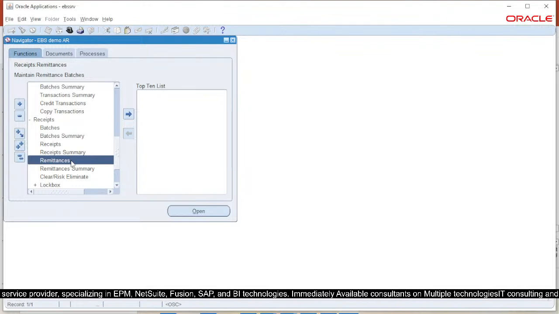So I have just shown you how you can perform a remittance. It is very easy. You need to have a receipt class and method. If you have no remittance receipt class and method, it cannot be used here for remittance purpose, obviously. So you need to have receipt class and method for remittance purpose and give your bank account, and you can go for manual create or automatic create and just run the process, and then you can view the process and view the request